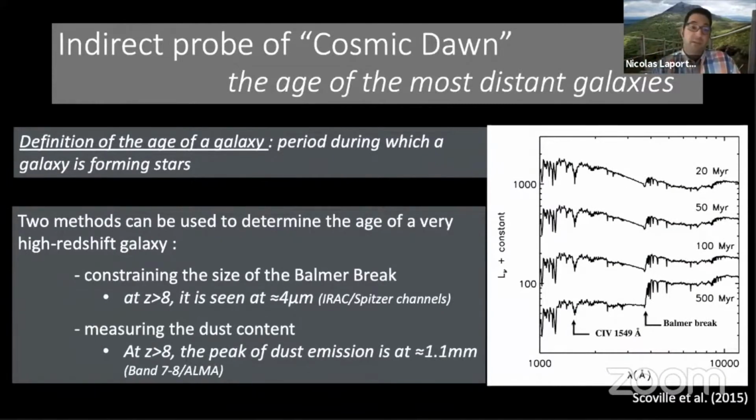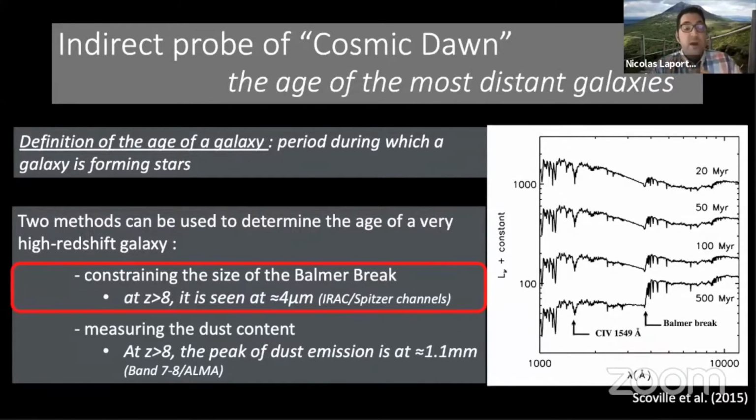and I'm sure that my definition will be completely different from the definition of a theorist or people working on simulations. So my definition of the age of a galaxy is the period during which a galaxy is forming stars. And do we have good age indicators? I would say that we have at least two age indicators. First, we can use the dust content of high redshift galaxies, because if you can estimate the amount of dust you have in a galaxy, and if you assume some dust production rate by stars, you can get a first estimate of the age of a galaxy. I'm not going to discuss this during this talk.